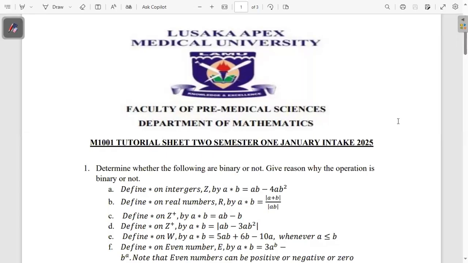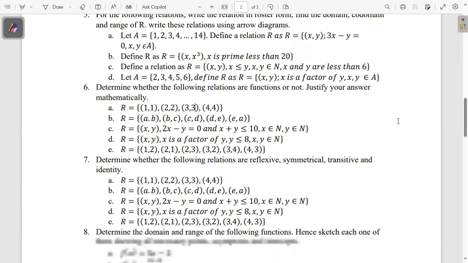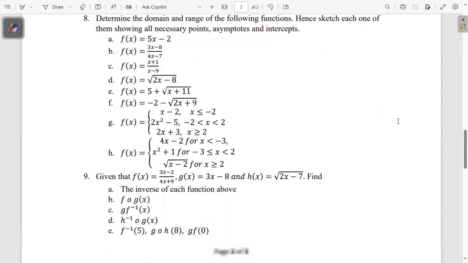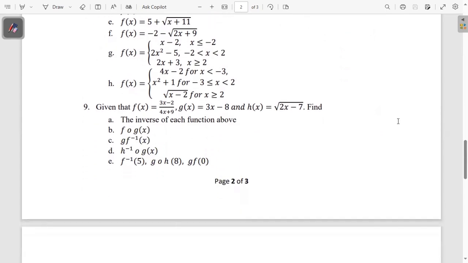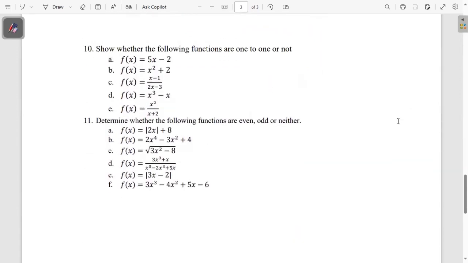In this video, we are going to solve questions from Tutor Sheet 2. This Tutor Sheet 2 has the topics binary operations, and then we also have functions and relations. We have questions where we'll be finding the domain of different types of functions and also sketching their graphs. We have questions to deal with the inverse of a function, composite functions, and determining if